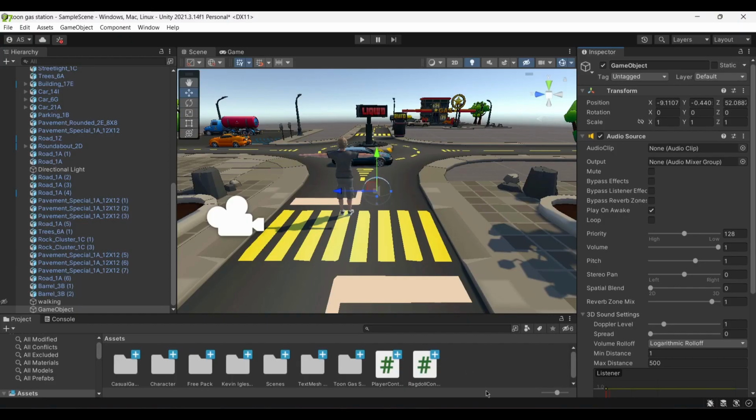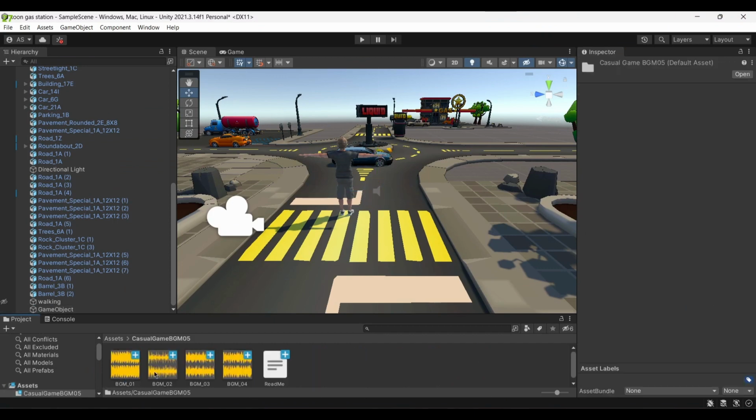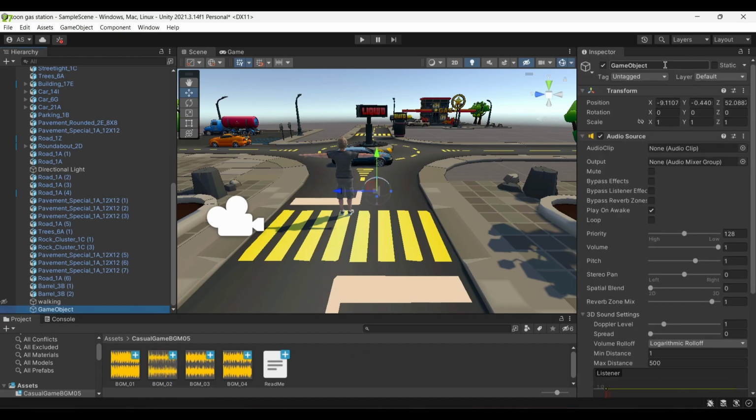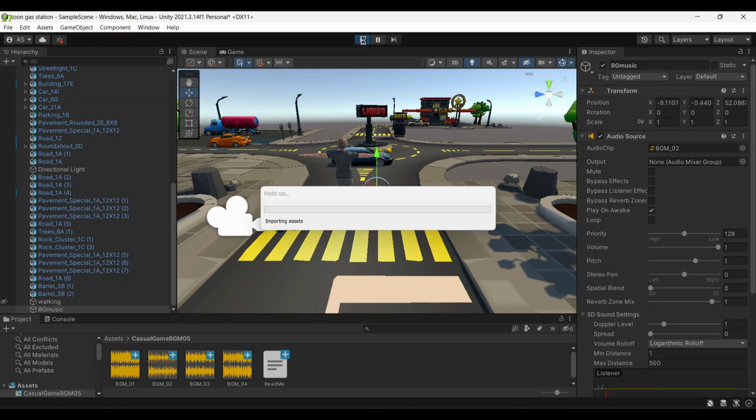Now when I go back here, as you can see, you can select the audio. So I'm gonna select, suppose, the background music 2. So I'll go to the game object. You can rename this game object to, suppose, BG music, so you know that this is for the background music. Now I'm gonna drag and drop this here, and when you play the game, you can hear the background